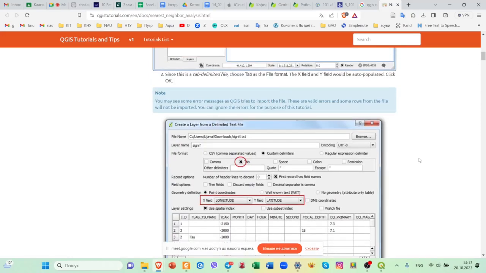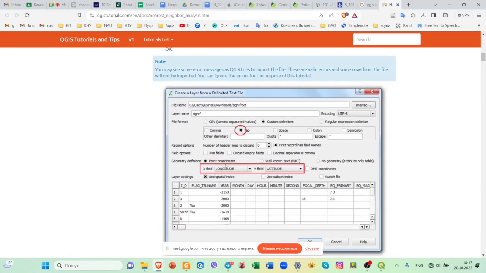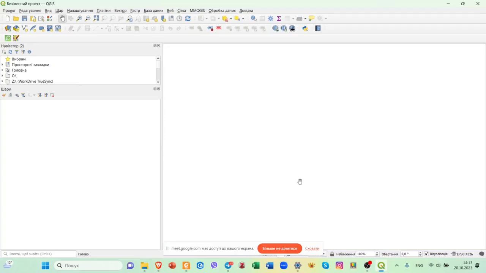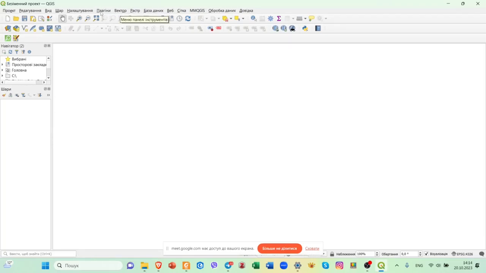These errors are connected with the fact that some earthquakes have no latitude and longitude data, and so QGIS cannot import this data from this TXT file. Well, let's try. We are creating a new project and trying to